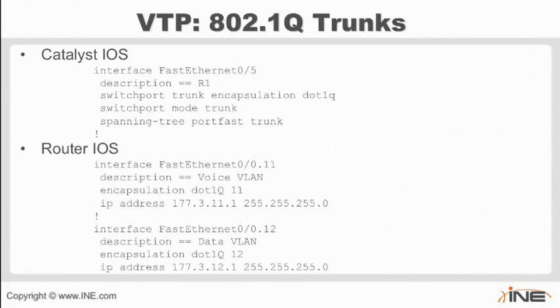Okay, so in router IOS, we define sub-interfaces if we're dealing with anything other than the native VLAN, and we can also define a sub-interface for the native VLAN. So what is the native VLAN? Well, with 802.1q, as opposed to ISL, which is the Cisco proprietary inter-switch link trunking method, with the industry standard 802.1q,